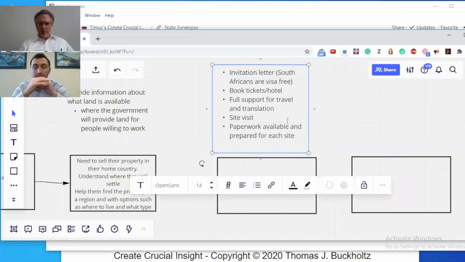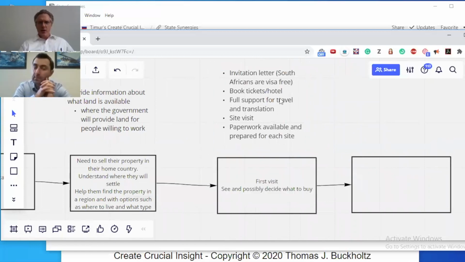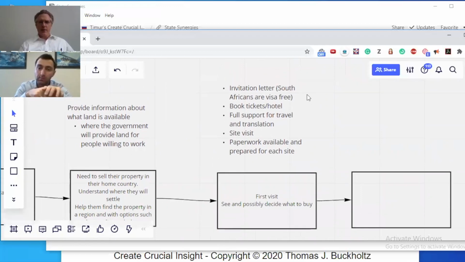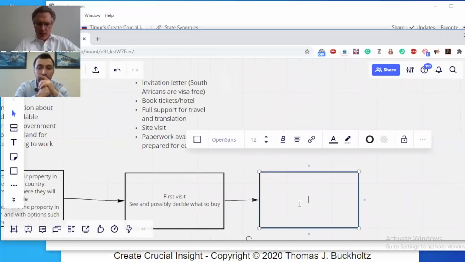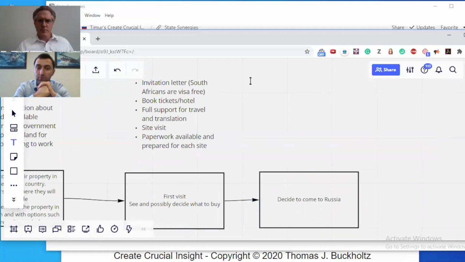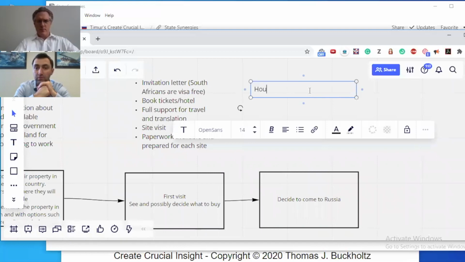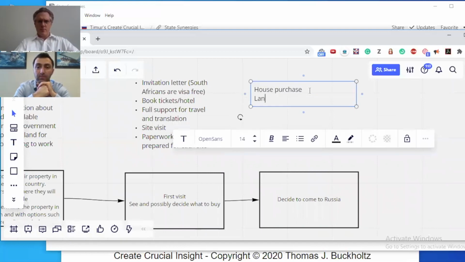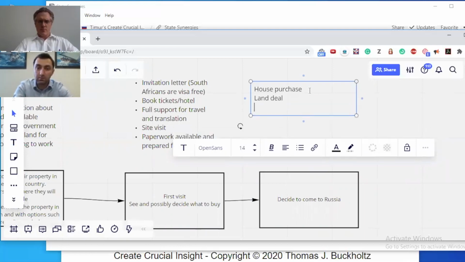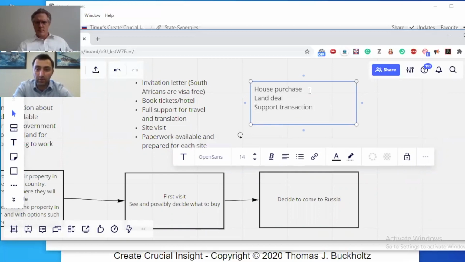Okay. So they make the first visit, or the second or the third visit, and eventually they have to make a decision. What is the decision that they have to make? If they like this area, this place, this house, this land plot, then we need to do all the proper paperwork, support the transaction, and structure it in a way that, if there is not only the house but also a land plot whose purpose is agricultural, then, since foreign nationals cannot buy agricultural land in Russia,